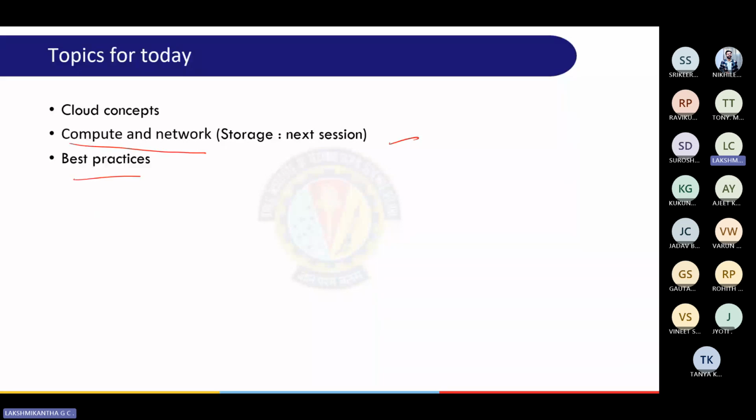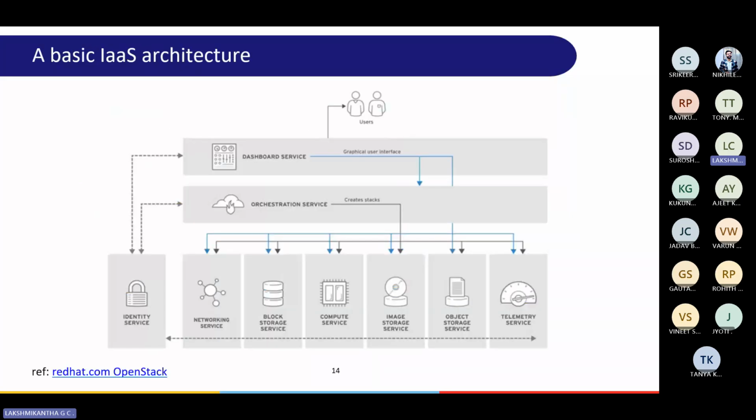Okay, guys, let me show you the diagram. Look at the diagram. This is showing a basic IaaS architecture. It is a simple diagram showing a basic infrastructure as a service architecture. You just remember, guys, infrastructure as a service is the fundamental layer, right? Where you manage the operating system, but the hardware is virtualized. Guys, in the simplest form,